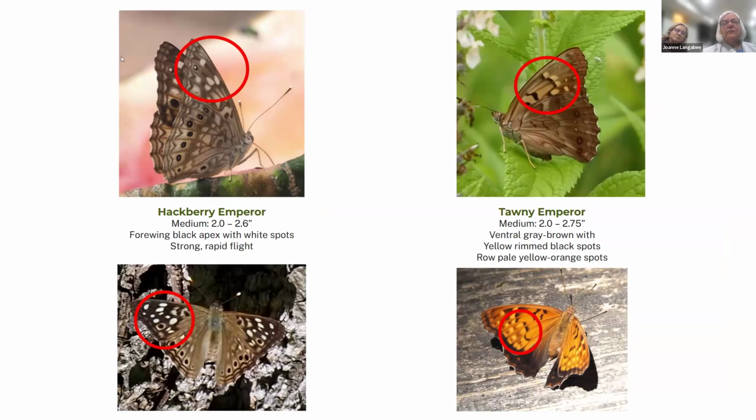There, I was looking for my, and then the white at the apex of it. The tawny emperor is not very common. It kind of depends on the air. It's more orange in color. The underneath doesn't have as much marking. It has these two, or not two, but this row of lighter markings to it. You'll see, it depends on the year again, if you're going to see very many tawny emperors. They're just not real common.